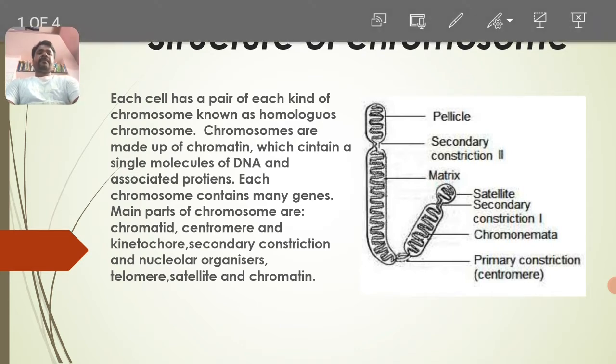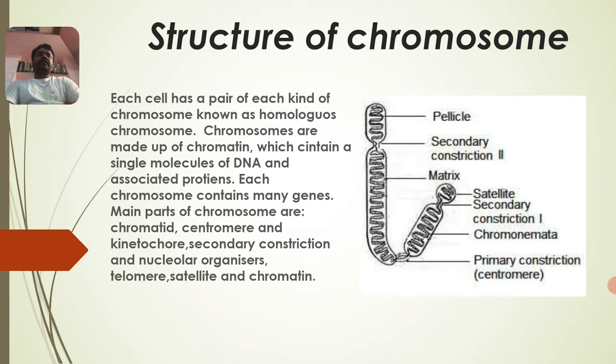Yesterday, we already discussed the morphology of chromosome. In that, we studied who first found the chromosome, that is Hofmeister, in the pollen mother cells of Tradescantia plant, and another person, Waldeyer, who first coined the term chromosome. Chroma means color, and soma refers to body. Means the chromosome is nothing but colored bodies.